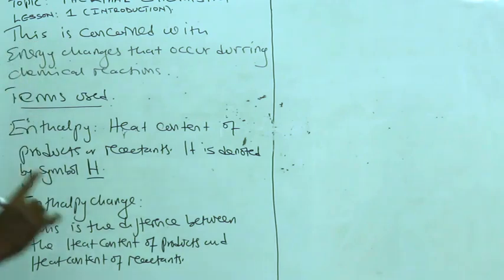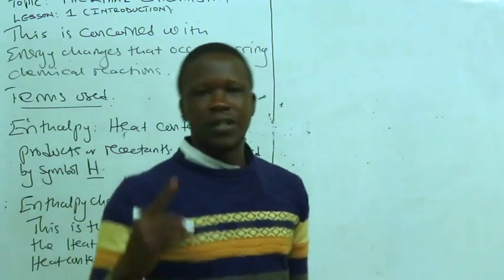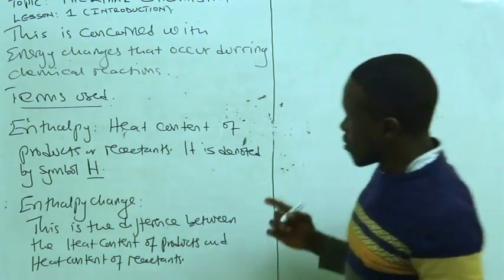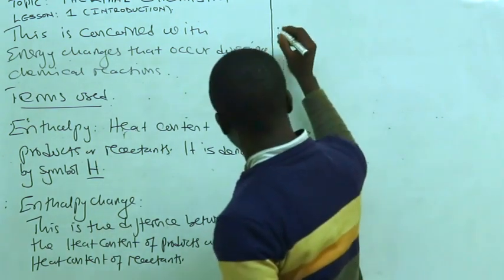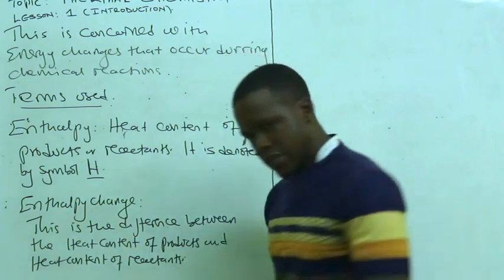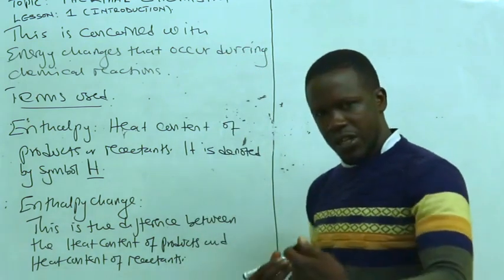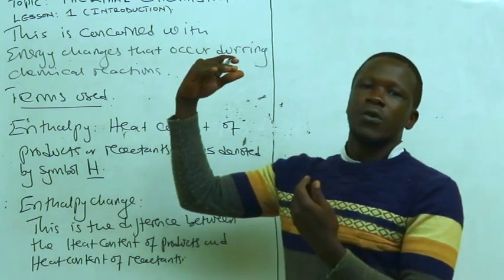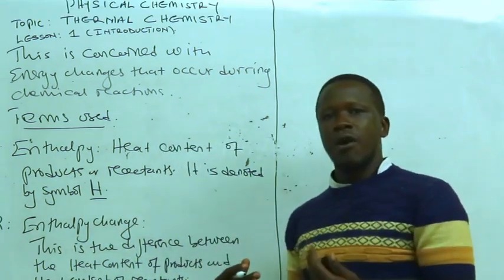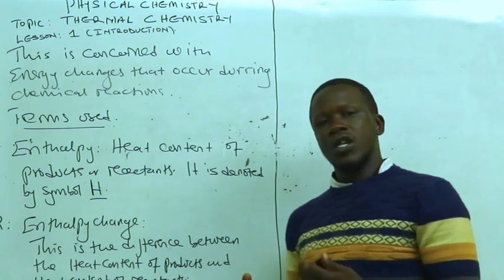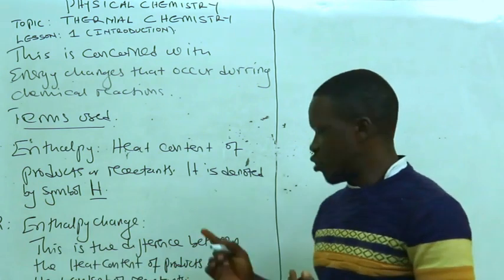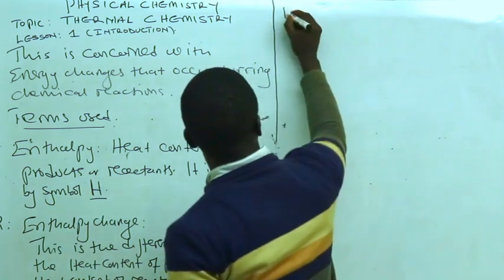The difference between the heat content of the products and heat content of the reactants. What are we saying? That the difference, the subtraction that is there, because the products are at a different heat content, reactants are also at a different heat content. So the difference between the two is what we call the enthalpy change,